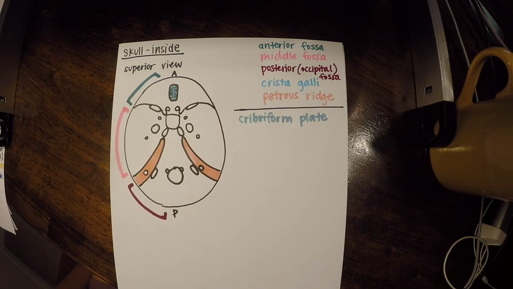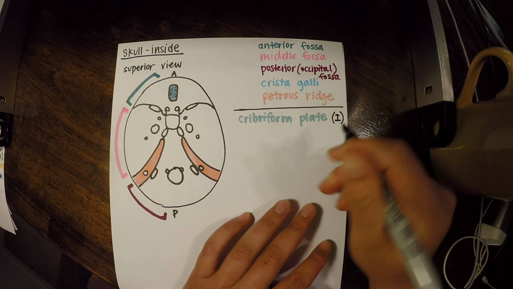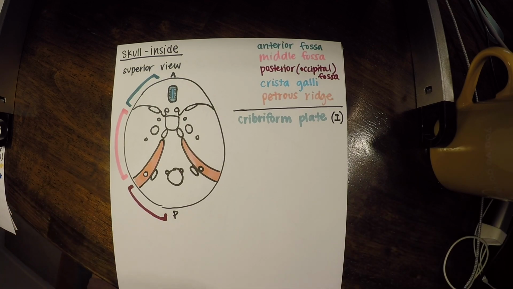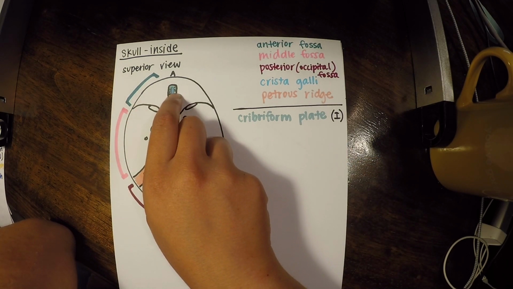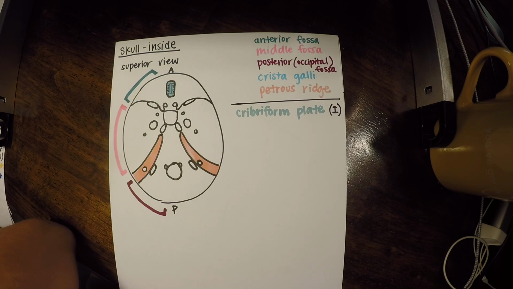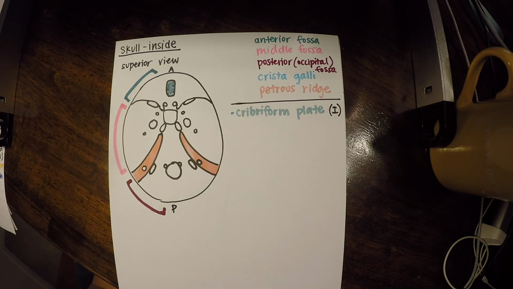I drew those little black dots because we're talking about foramen here, meaning holes that nerves travel through. Remember I mentioned that most of the things that travel through these holes are cranial nerves. For all of these things that we're going to label, I'm going to put in parentheses to the side the Roman numeral of the cranial nerve that passes through that foramen or structure. So for the cribriform plate, cranial nerve 1 will pass through, actually through where those black holes are. Just make note of that, and I'll do that for every other foramen that we have. I'll put a little bullet there to organize ourselves.